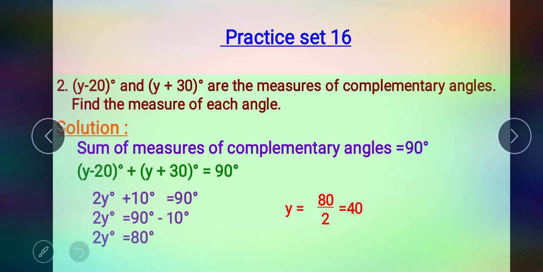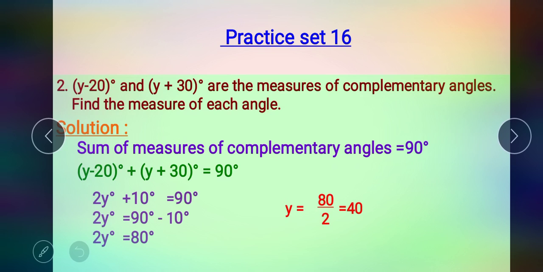Students, today we'll learn practice set 16, question number 2. The first one we have done in the last video. So today we are going to continue with the second question of practice set 16. Again, the second question is based on the same property, that the sum of the measures of complementary angles